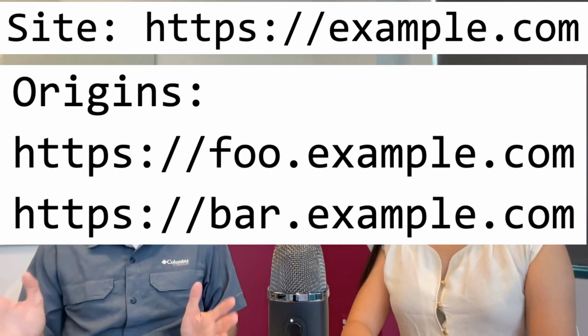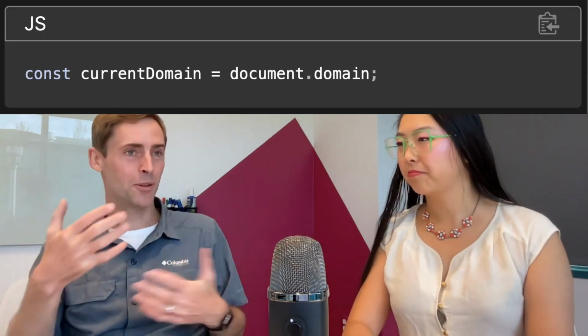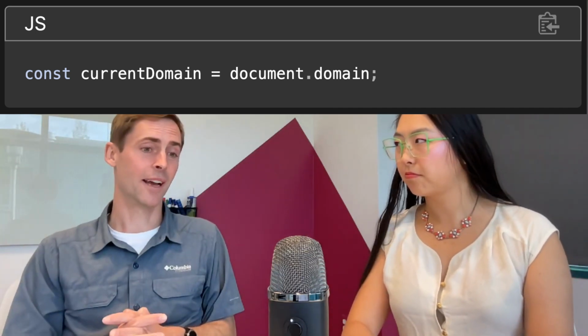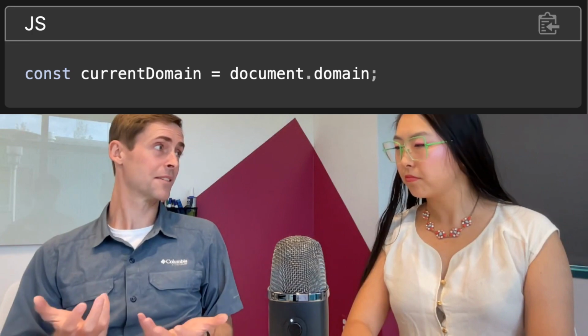The web security model is all about origins. Mm-hmm. Those foo.example.com and bar.example.com shouldn't be able to access each other. But there are some old web APIs that have stuck with us, like being able to modify something called document.domain, where two different origins in the same site can sometimes access and modify each other. And we don't know in advance if they're going to do this. So therefore we have to put everything from a site in the same process because we can't move things from one process to another later. We hope that someday we can get rid of that. There's some work in progress for that to go away. Maybe we can do origins.